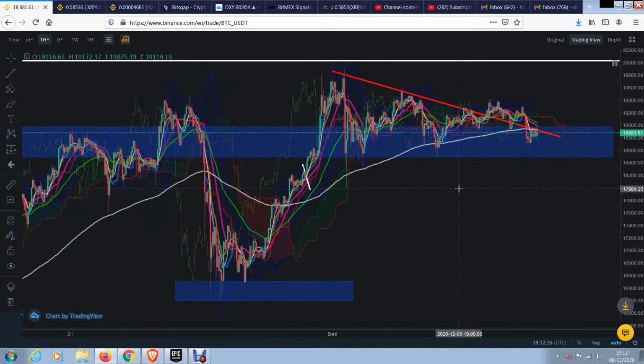So first of all, CME futures are net short. That's one thing to be aware of, that they've got more short positions than they have long positions, and they have done since we hit 19,000. So a lot of them are still around this level. Some of them still in profit. Some of them will be significantly in profit, but around about the $19,000 zone, a lot of those shorts came